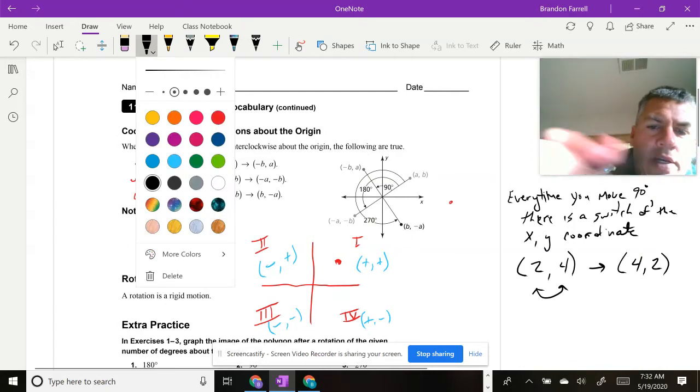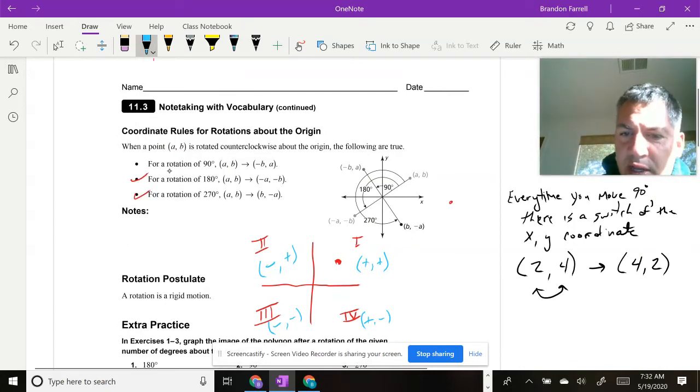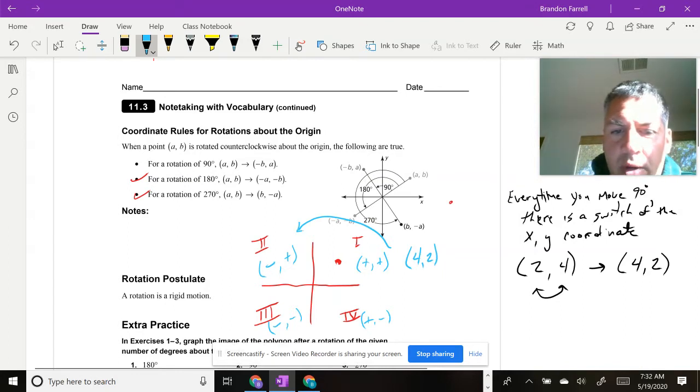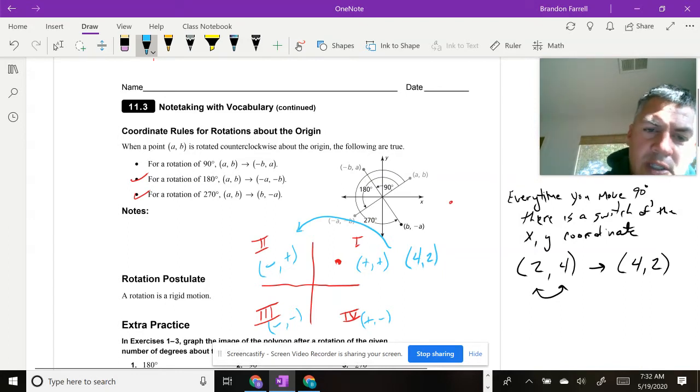And then if this starts at 4, 2, and I rotate it 90 degrees into that quadrant, we're going to switch that to 2, 4, but